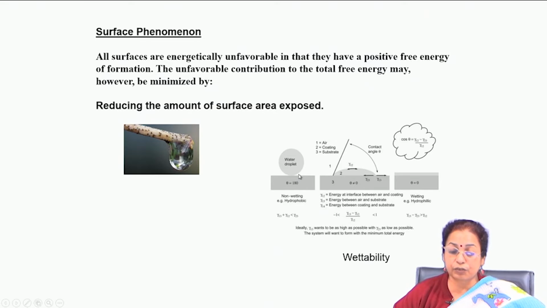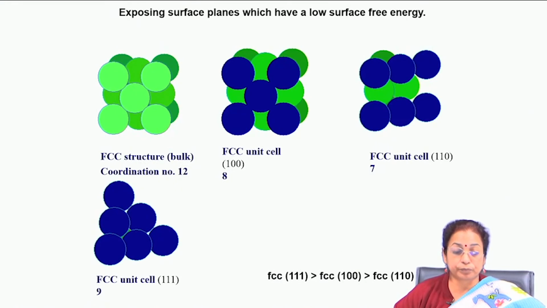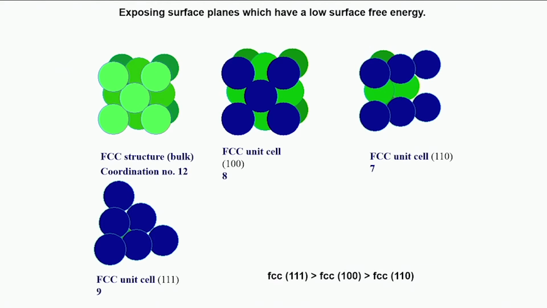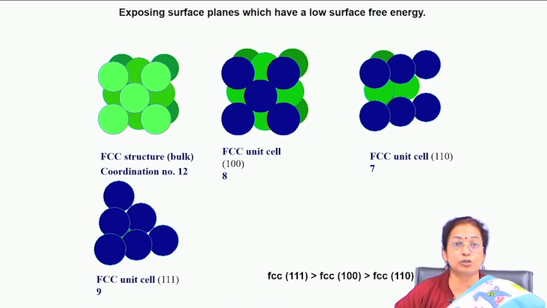So, you can design the surface based on your requirement when and only when you know the surface energy value properly. Now, there is another important thing which controls the surface energy. So, the first important factor which controls the surface energy is the area of the surface which is exposed. The second important factor is the environment. The third important factor is the phase or the surface plane along which the surface is created. So, if you take the case of typical FCC metals,